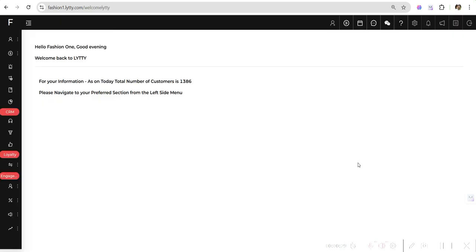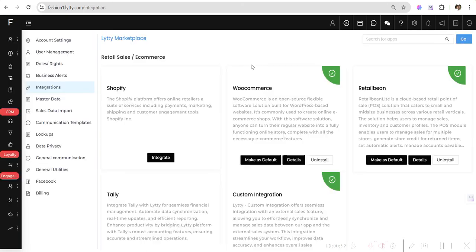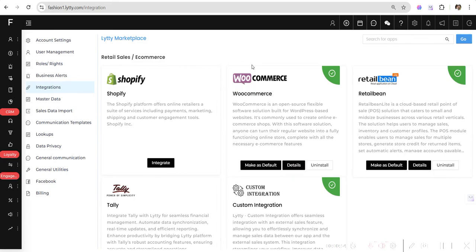Once you log in, this is the screen where you can see the whole process of using LYTTY starts with integrating your sales data. As we all know, LYTTY basically sits on top of your sales software. So first, you need to go to the integration section and complete the integration with whichever point of sale or sales software you use. If you are using something like Shopify